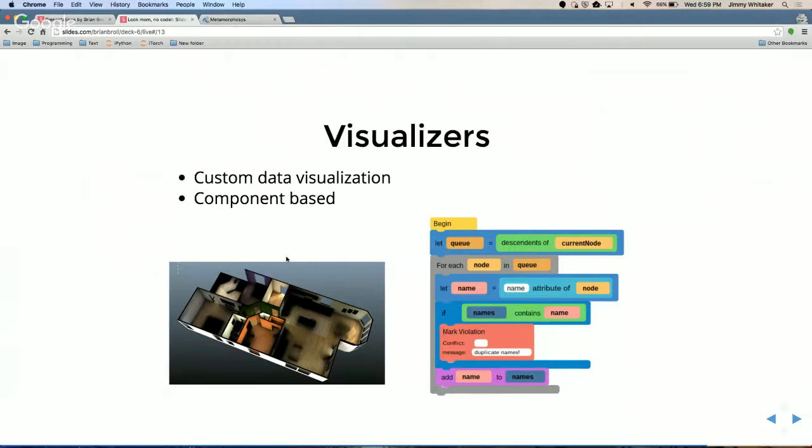So for example, this is a screenshot from the WebGME where I created a visual programming language to write constraints. You can write constraints on the model, which will go through and make sure that your model's well formed. For example, if you're making a flow chart that should only have one start node, you can say, I have a constraint that specifies that this only has one start node, and it'll evaluate your model to make sure it's all well formed.